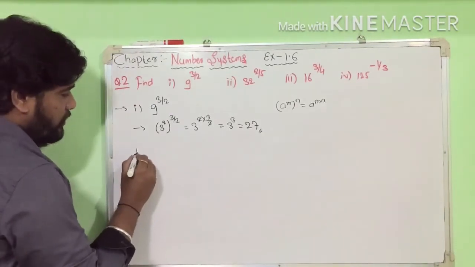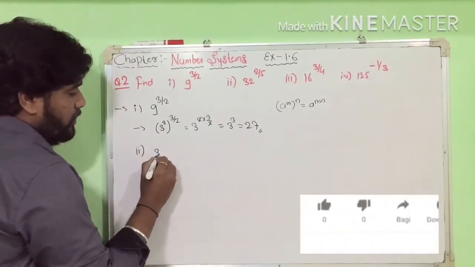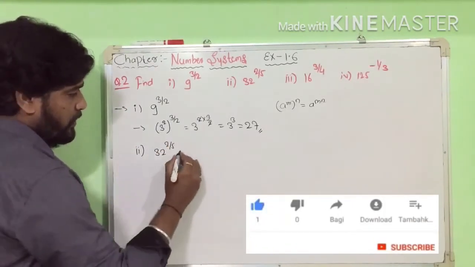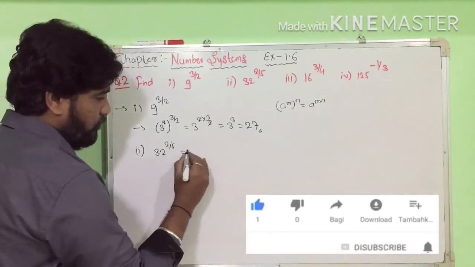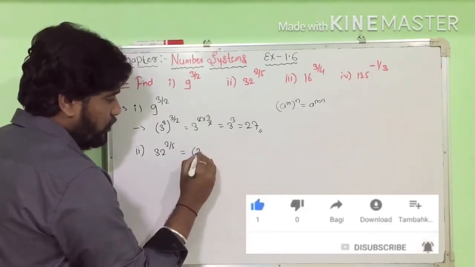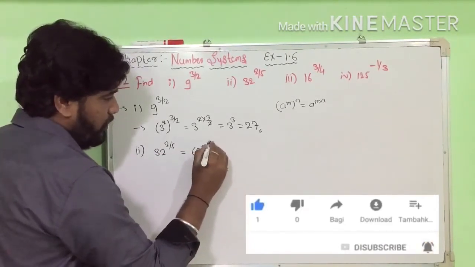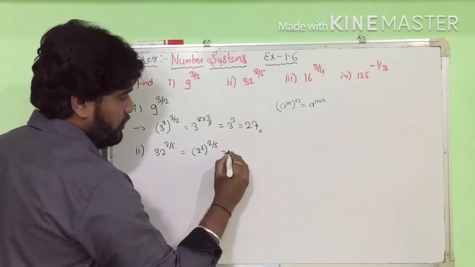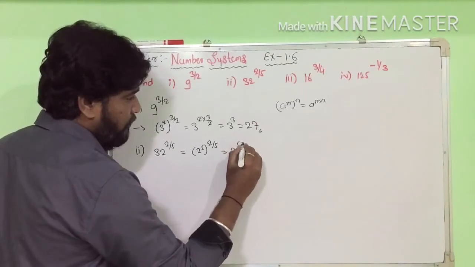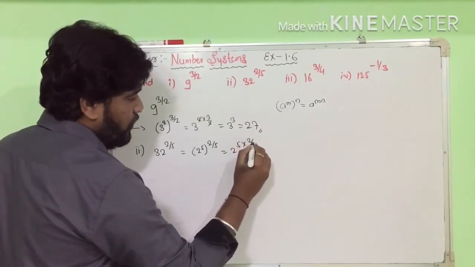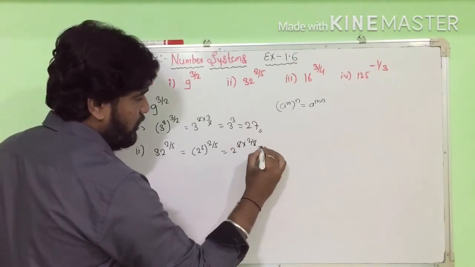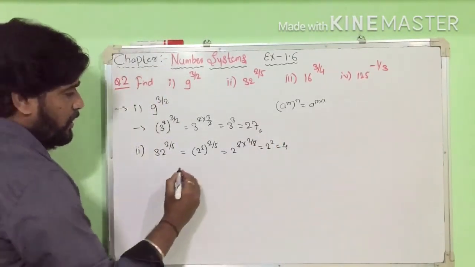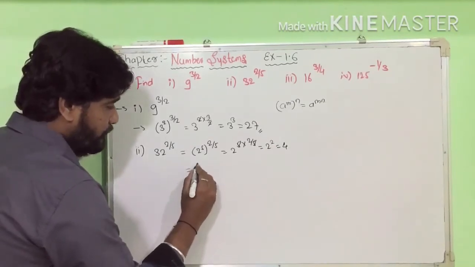So next, second one, 32 raised to 2 by 5, right? So this is equal to 32, we can write 2 raised to 5 and 2 by 5 as it is. So this is equal to 2 raised to 5 into 2 by 5, 5 cancel, 2 square is equal to 4. Otherwise another one we can solve here,